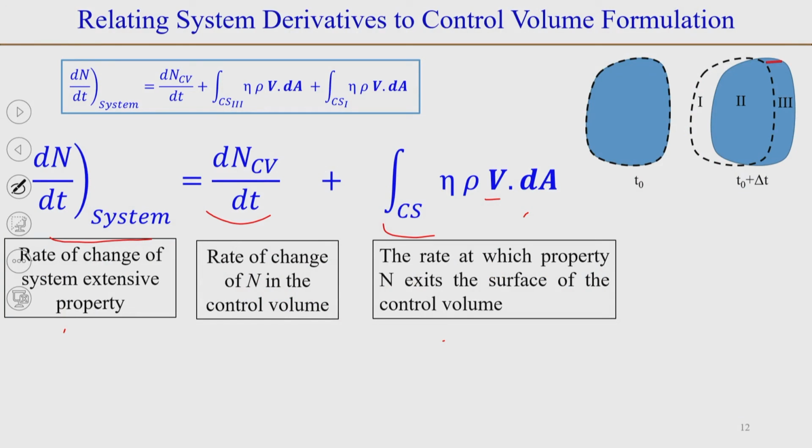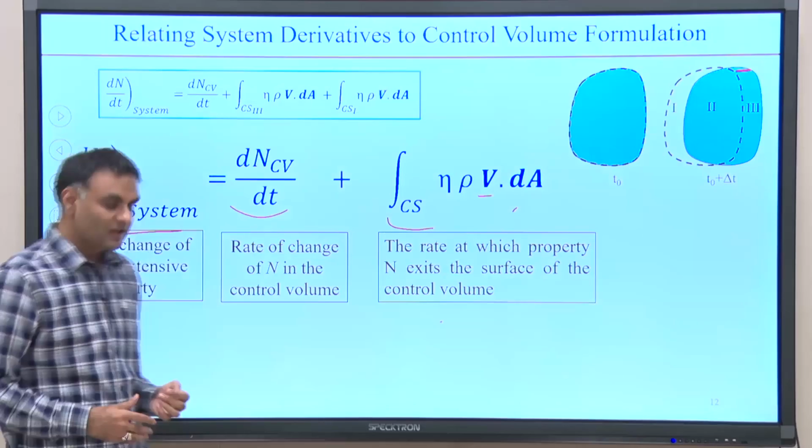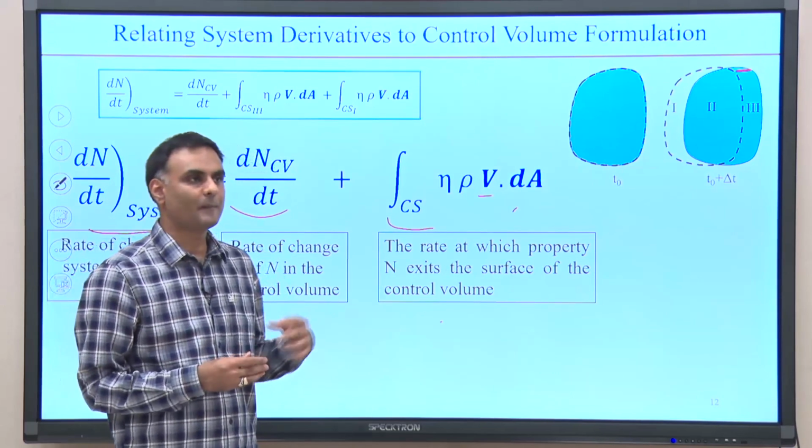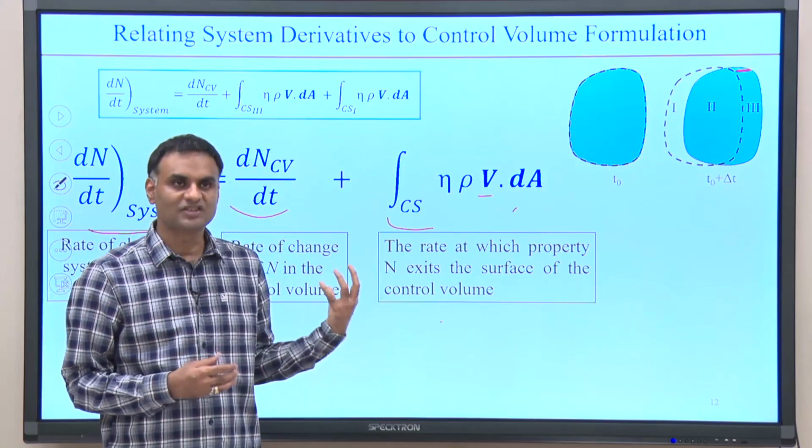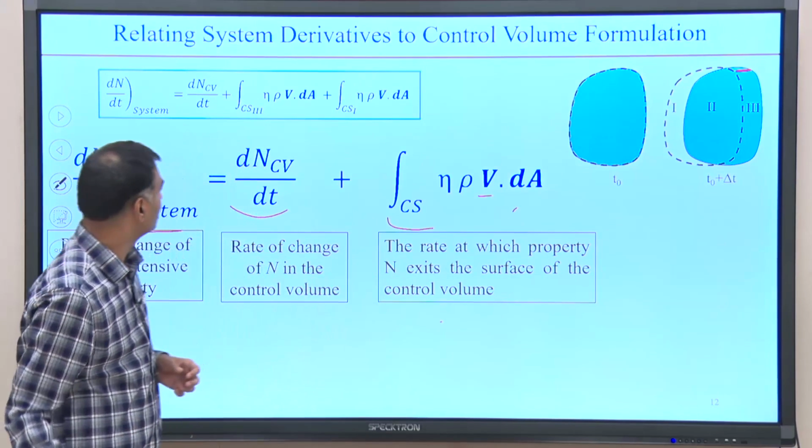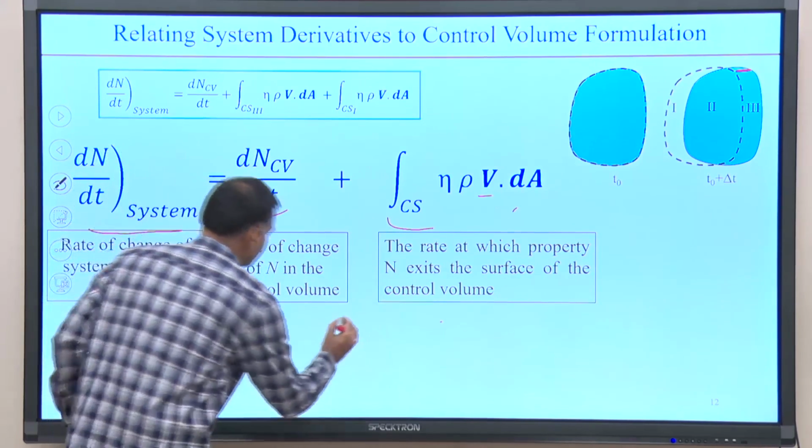But if we look at this, it is a very simple equation which tells us that the rate of change of a property inside the control volume is equal to the rate of change of the extensive property inside the system minus what has gone out of the control volume through its control surface. Okay. So, we will stop here, and in the subsequent lectures we will look at the application of this equation, which is known as the Reynolds transport theorem. This is what we commonly call RTT,